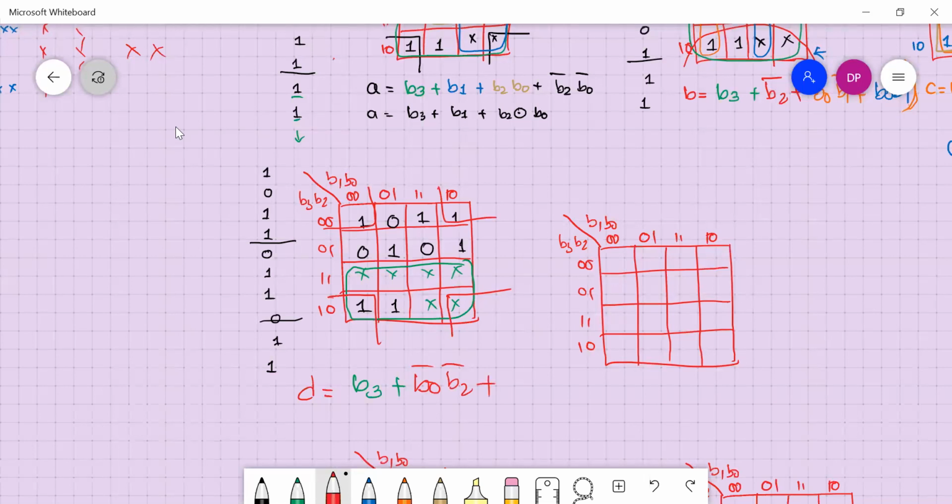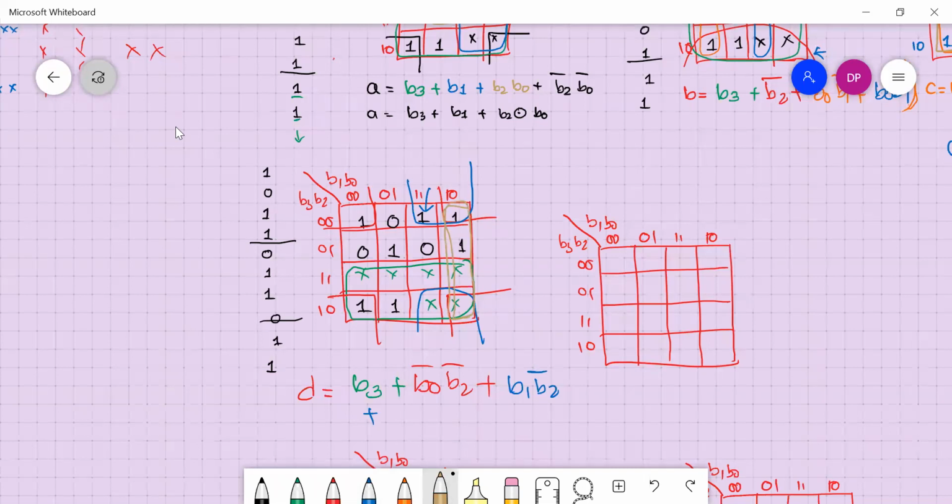Then for these remaining ones, what groups can be made? The last row, sir. This can be made, right? Okay, to cover this one, right? So for the blue color one, what is common? You can see B2 complement is common and B1 is common, I guess. B1 and B2 complement is common, right? Plus still we have 2 more ones to drag into the group. So the last column also can be made one group.